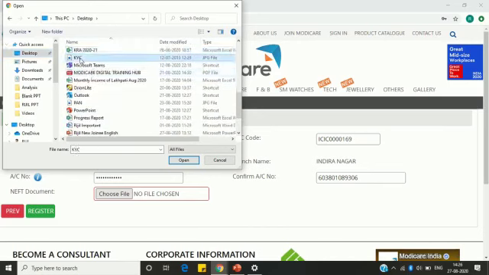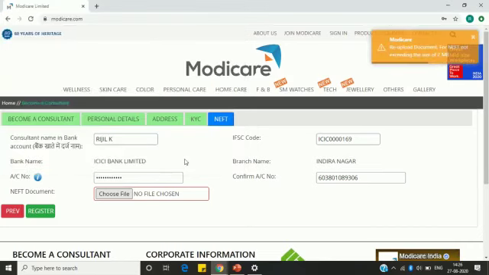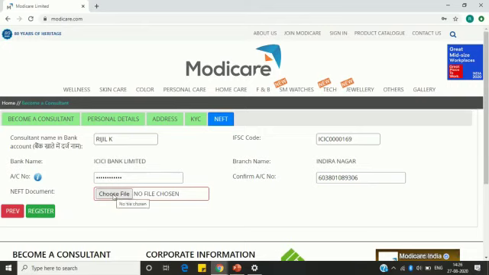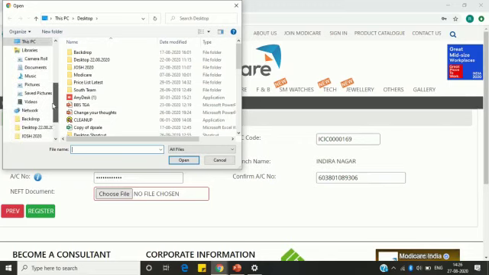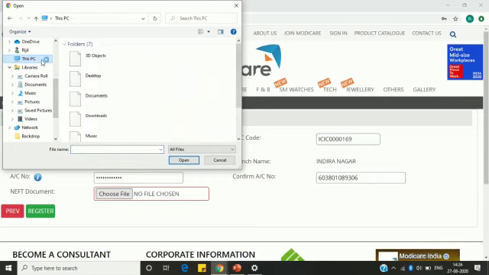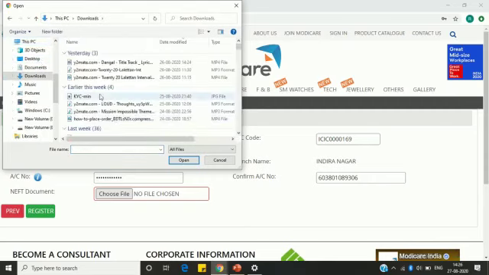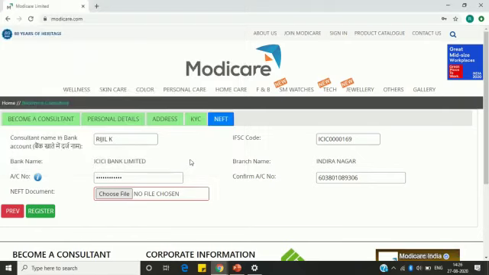I am entering KYC as the file name. This is actually the NEFT document. Once you select this, you have to click register. Ensure that whenever you are uploading any documents, the size of the file should not exceed 2 MB. So I once again choose the file because it is not uploaded. I go to this PC, downloads, and this is my NEFT.